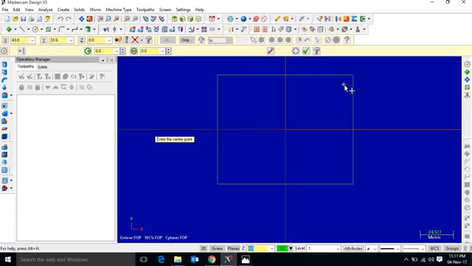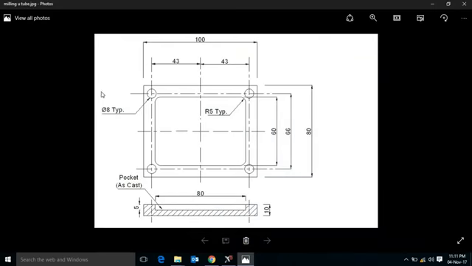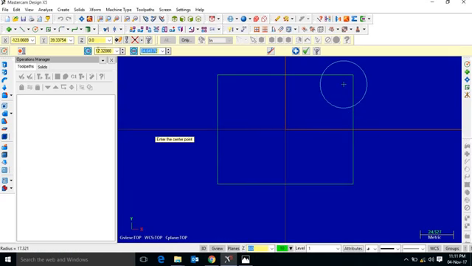We have a center point of the circle. Click the center point of the circle and create anywhere, and here you have to input the diameter. It is 8 mm diameter. So here is the diameter and radius option. Enter 8. Okay,